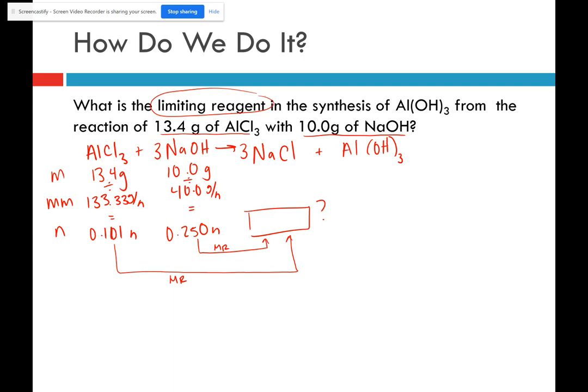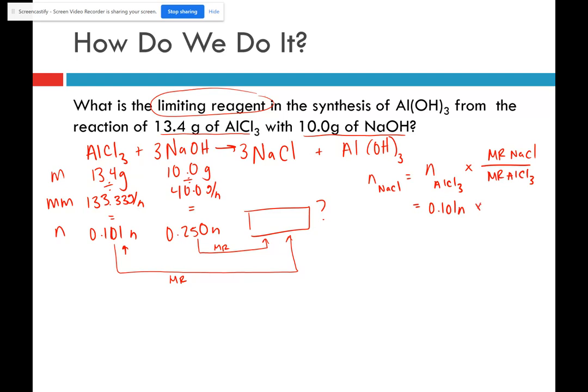So you have to calculate the mole ratios for each of those. Okay, so let's start off by figuring out aluminum chloride. I want to know how much sodium chloride I can make from aluminum chloride. So I'm going to put my mole ratio of sodium chloride on the top and my mole ratio of aluminum chloride on the bottom. So I know I can make 0.101